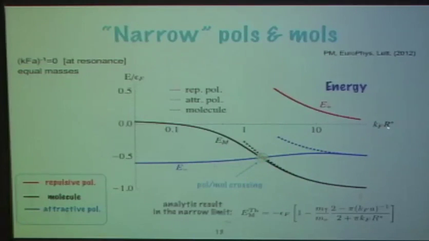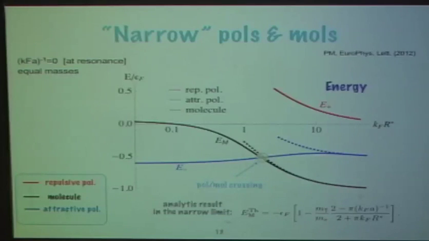And for very narrow resonances, the repulsive polaron becomes a well-defined excitation, even at resonance. What is interesting is that a narrow resonance actually corresponds to a weak coupling in the Hamiltonian that I showed you at the beginning. So the coupling G becomes small because G squared is inversely proportional to R star, basically. And so in the limit of large R star, the theory becomes perturbative,